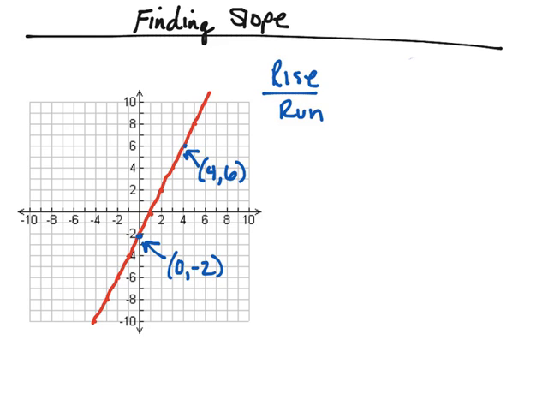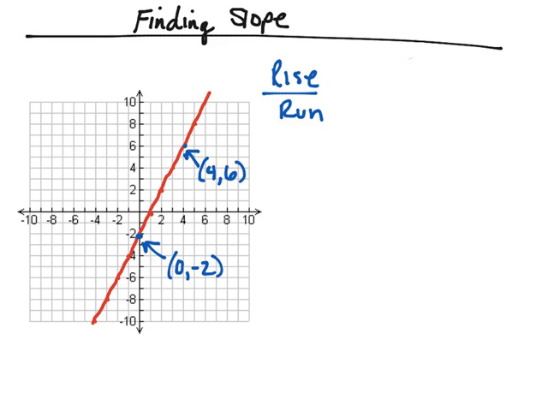Alright, we're going to look at one last thing here. I've got a line again, and what I want to do is find the slope, the rise over the run. Well, as I've already shown you, we can find the slope by finding 2 points, which I've done here. I found 2 points. I'm using the ordered pair 0, -2. That's one of the points. And I've also got the